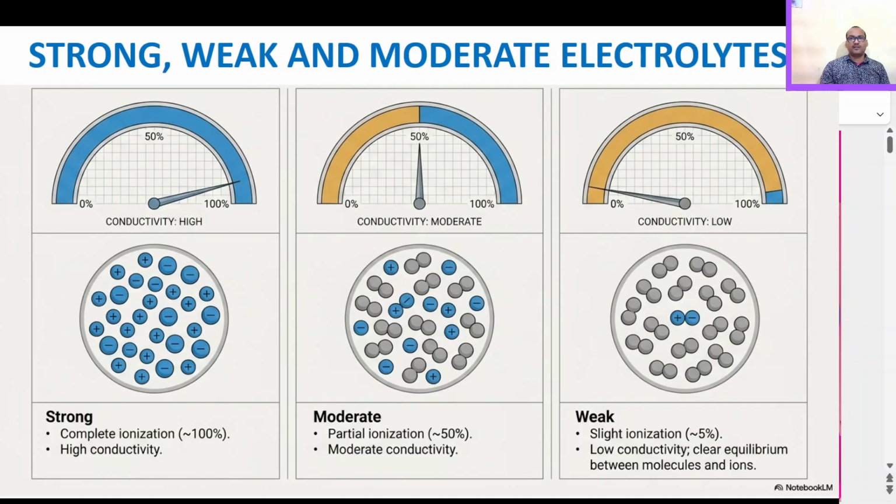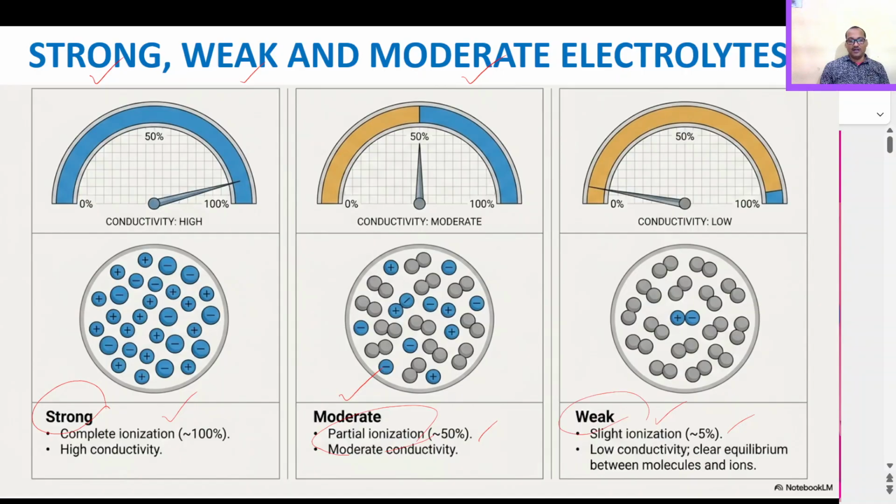So let's discuss the different types of electrolytes. The first category is strong electrolyte, the second is weak electrolyte, and the third is moderate electrolyte. The electrolyte where complete ionization takes place, 100%, is called a strong electrolyte. When there is partial ionization, say around 50%, it is called a moderate electrolyte. When there is only slight ionization, less than 5% or less than 10%, then that is